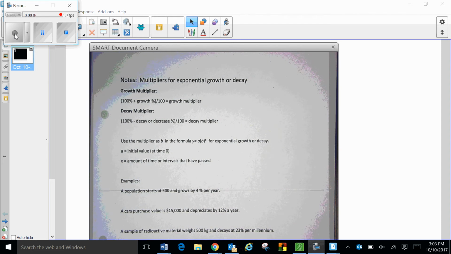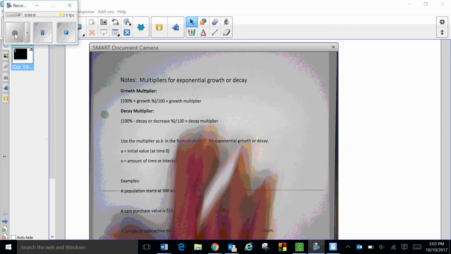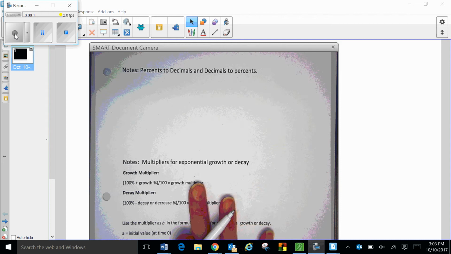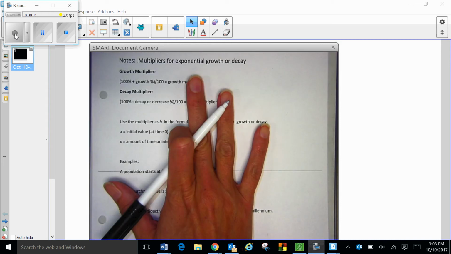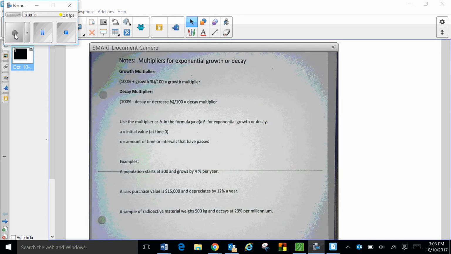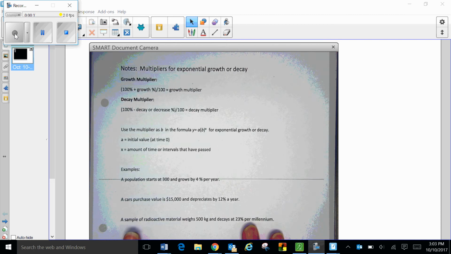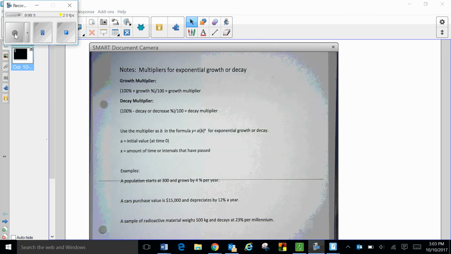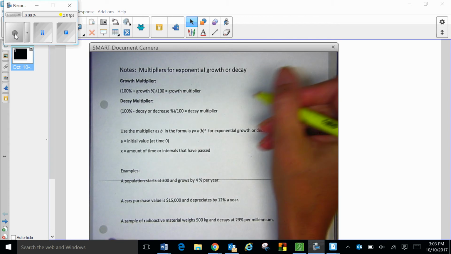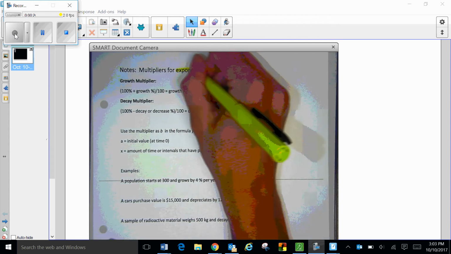Okay, everybody, I'm back. You should be adding to your notes that had decimals and percents at the top. On the bottom, multipliers and exponential growth. I'm going to try to go pretty quickly, so if you need to pause, do, but I need to make this a quick video. All right, exponential growth is the same as geometric,